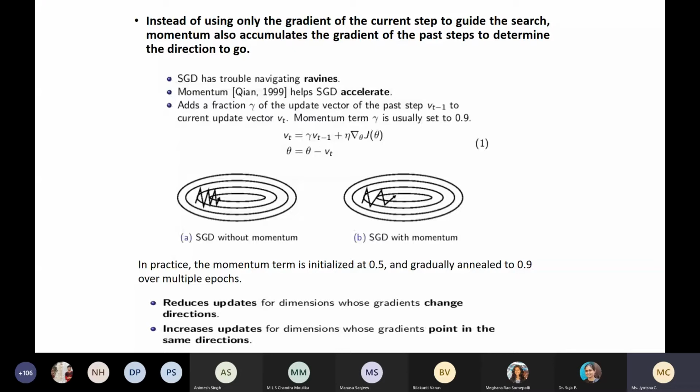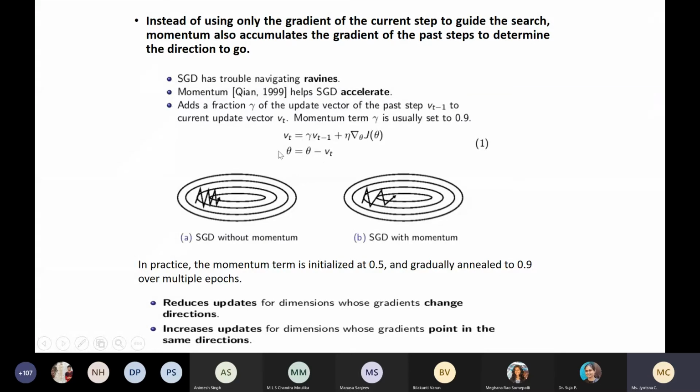So the stochastic gradient descent, while traveling in the deep regions, should not miss the minimum point, so the weight updation will be very slow. So momentum is used to accelerate it. Momentum helps to accelerate stochastic gradient descent. So how is it helping to accelerate, and how is it considering all the previous gradients? We will look at the formula.